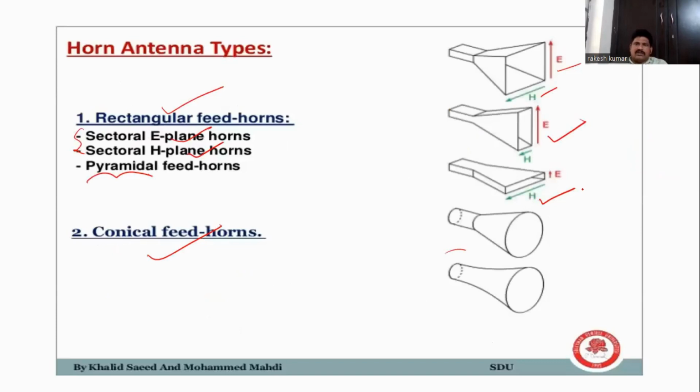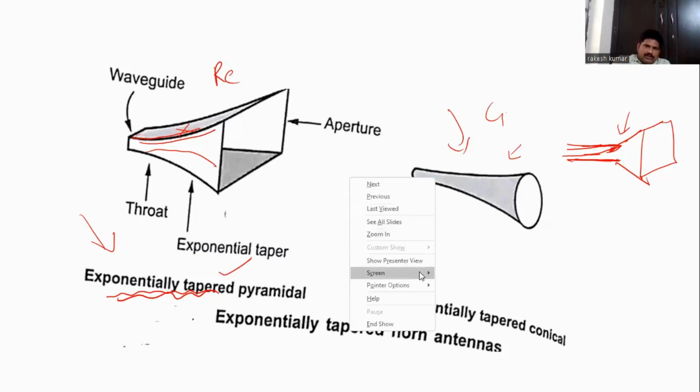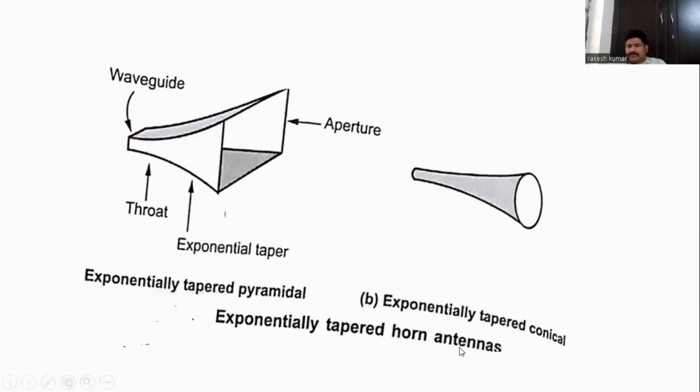Whereas in the previous case, there is ruggedness, and when the signal is coming here, some of the signal may collide and some disturbance will take place. But here, in this exponentially tapered horn, there is no chance of that ruggedness. Okay, so this is the